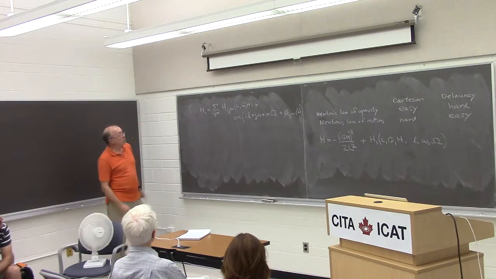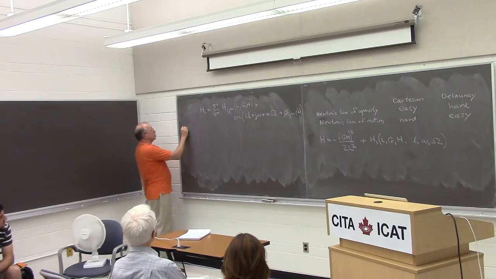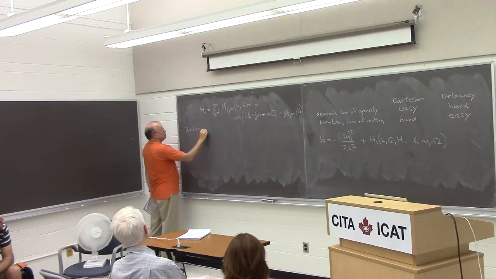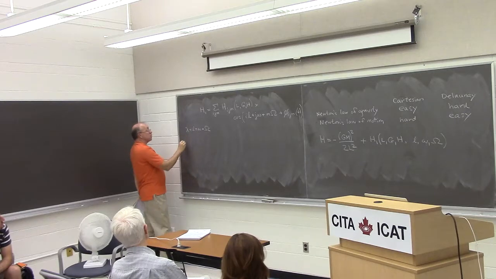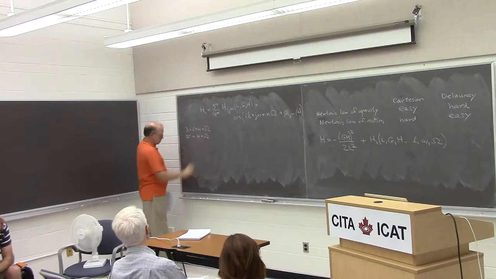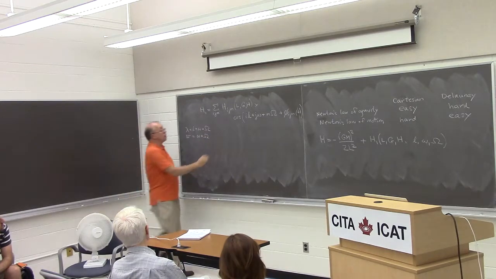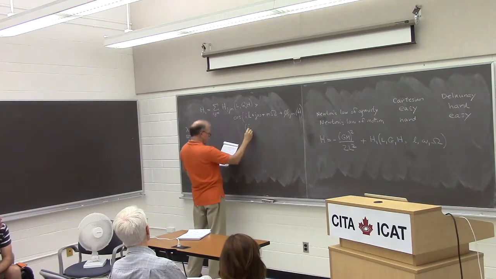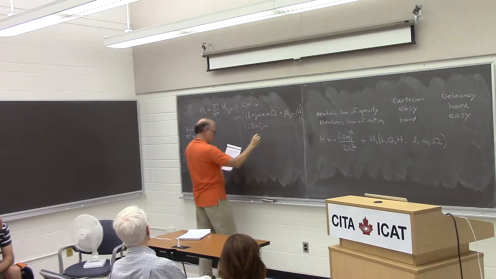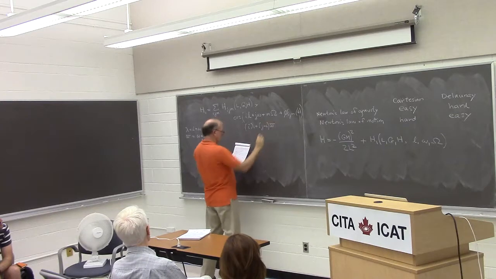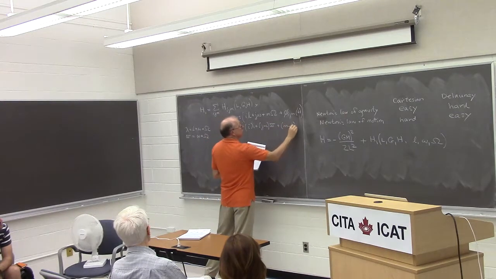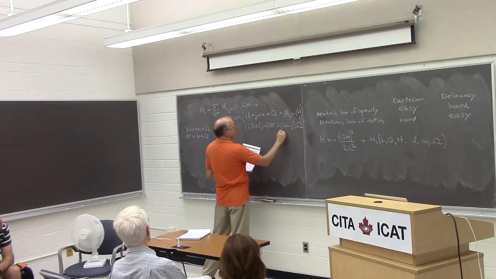I can write that maybe more usefully in terms of the mean longitude, which is l plus omega plus capital omega, and the longitude of periapsis, which remember is little omega plus big omega, and this becomes I times lambda plus (J minus I) times varpi plus (M minus J) times capital omega plus phi IJM.